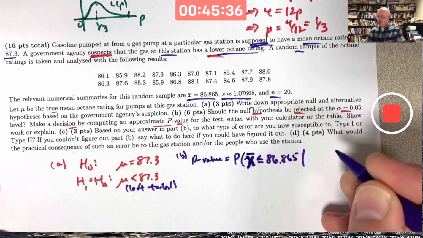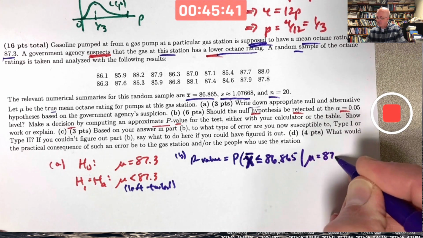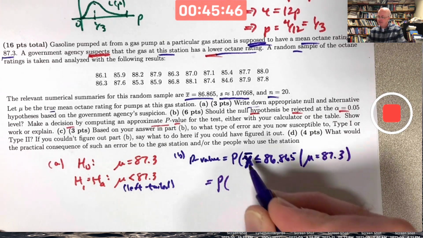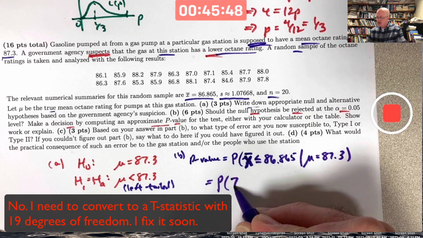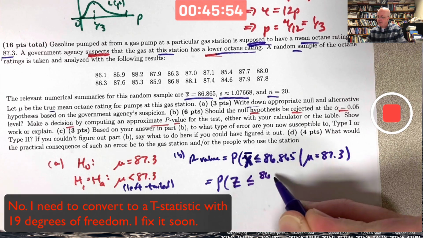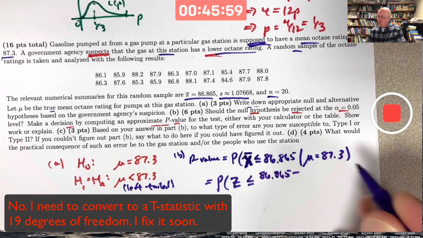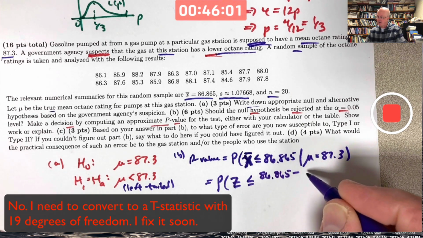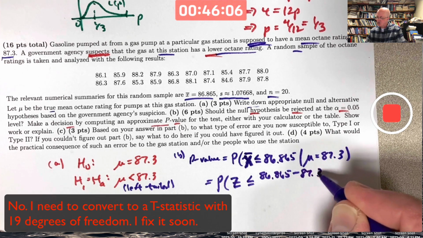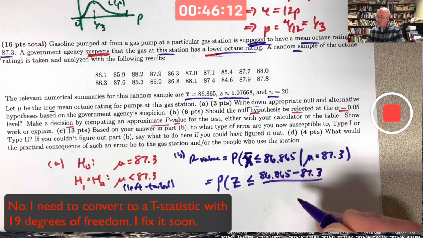Technically speaking, this is a conditional probability. Based on the assumption that the null hypothesis is true, assume mu is 87.3. As far as calculating this goes, we want to convert to z, especially if we want to use a table. And I think it's good even if you use a calculator to do this next calculation. Emphasize what you're doing here. We are going to standardize this using the assumption that the true population mean is 87.3. So we're trying to figure out what are the chances of observing this. We need to subtract the true population mean and divide by the true population standard deviation, which we really